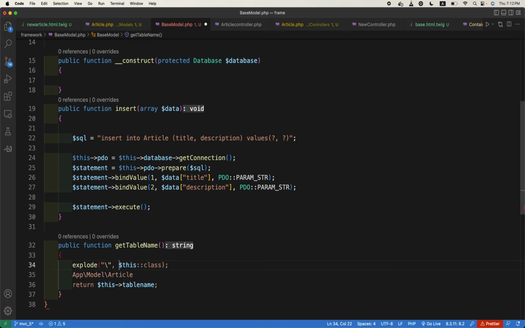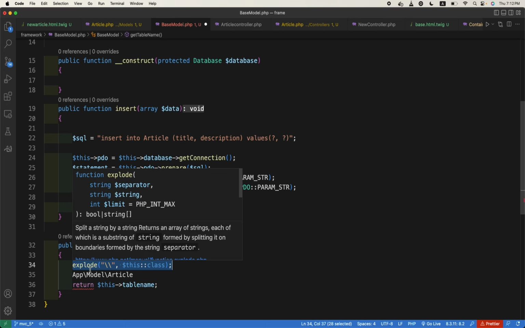Again a question to you: why is this giving us an error? Because this is a backslash, and it means an escaping character, which will escape the next character. So we will use a double backslash. Yes, sir, exactly. Got it? So this will return an array with all these elements, and we need to pop the